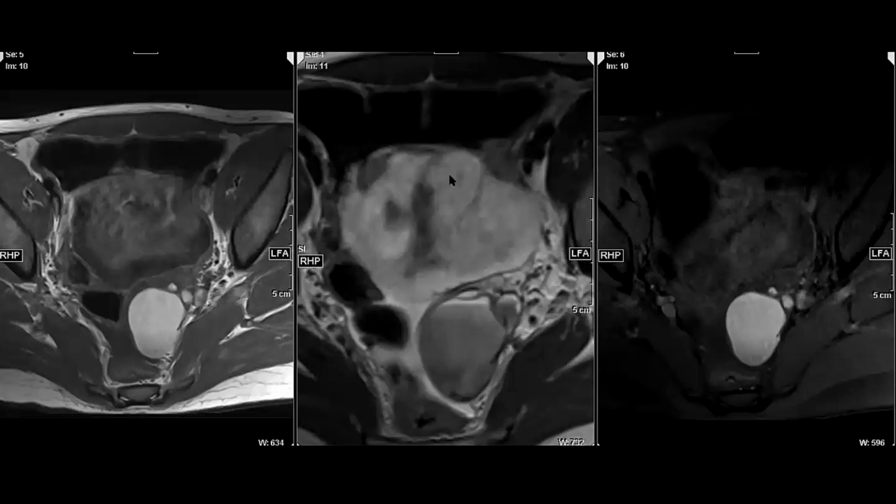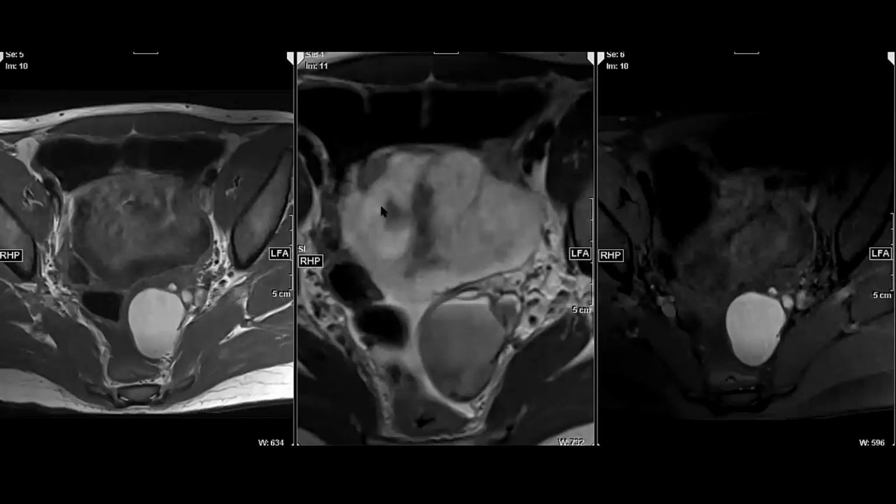So this is the typical imaging appearance of an endometrioid cyst, endometrioma, and a clinical name for this entity is a chocolate cyst. So just to revise the imaging findings, a T1 hyperintense left adnexal cyst, which shows gradual T2 hypointensity, and on the fat saturated T1 images, it is hyperintense. So this was a case of a left adnexal endometrioma.